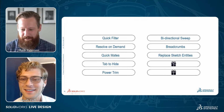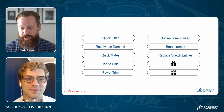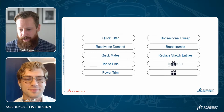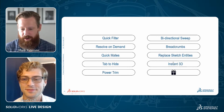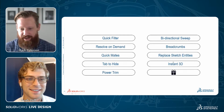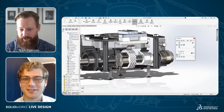Okay, two more. Again, these aren't in order of how much I like them. They're just in order of easy for me to show you. But we have Instant 3D. And I'm already hearing the groans in the chat. Oh no, Instant 3D. I really like Instant 3D, and let me give you a quick example of why I think